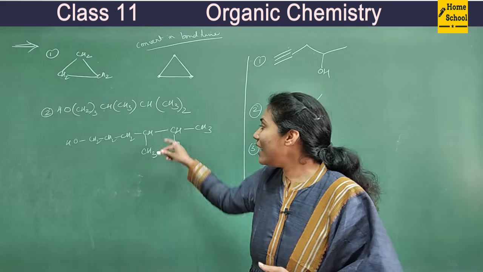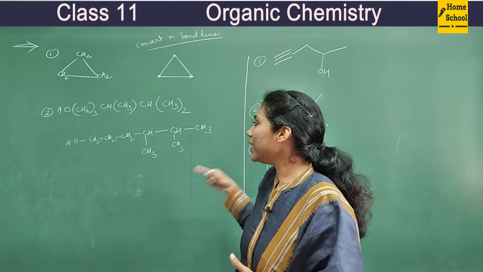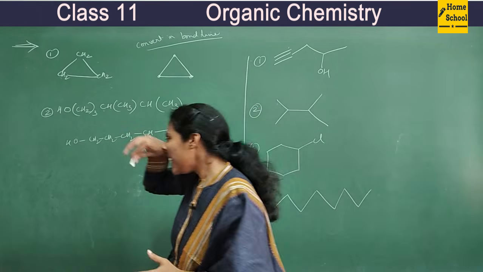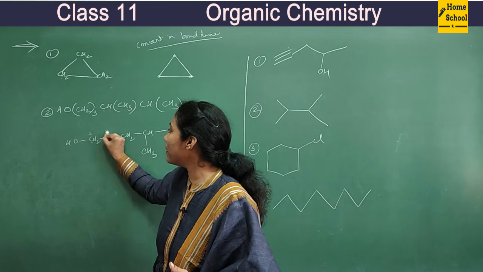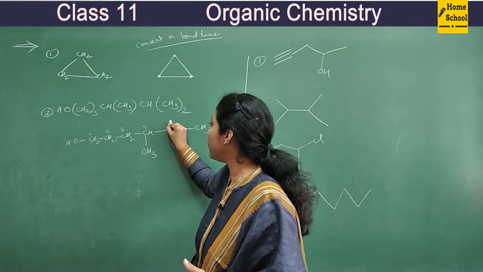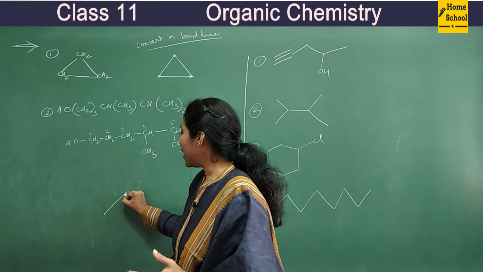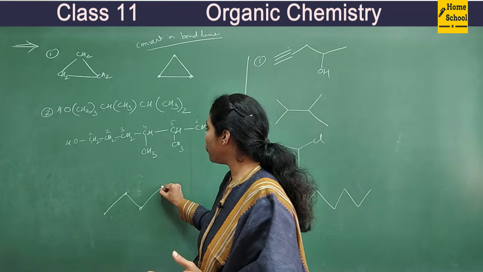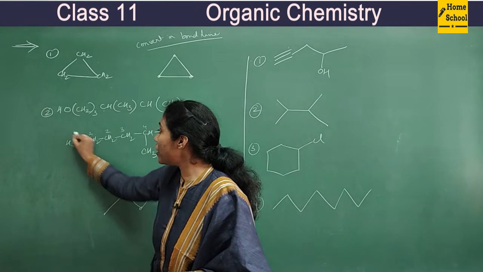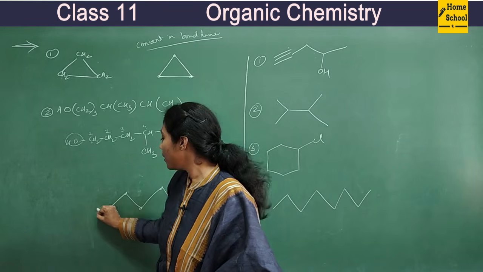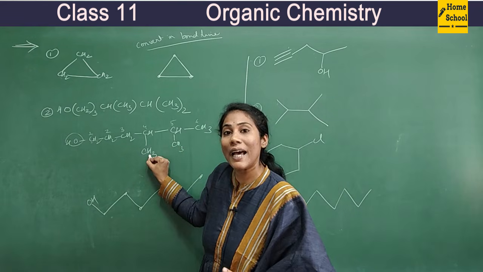Okay, so now I will represent this molecule in a bond line representation. Okay, so what did we do? First, we have to count the carbon atoms, right? And you see here, this is not a carbon, don't count this. So this is your first carbon. Carbon 1, carbon 2, carbon 3, carbon 4, carbon 5, carbon 6. Okay, so let me start from this point. This is carbon 1, carbon 2, carbon 3, carbon 4, carbon 5, carbon 6. And to carbon 1, there is a functional group. Functional groups you have to mention, right? So, OH, right?